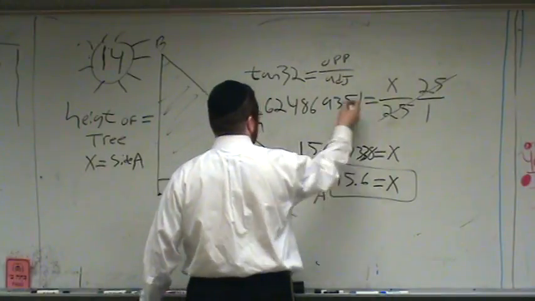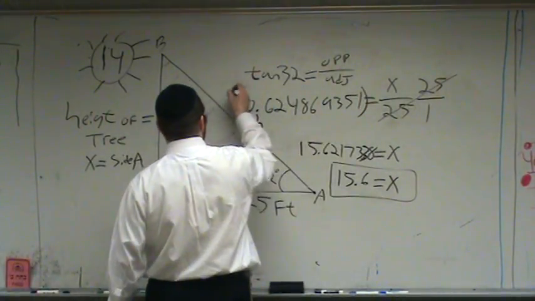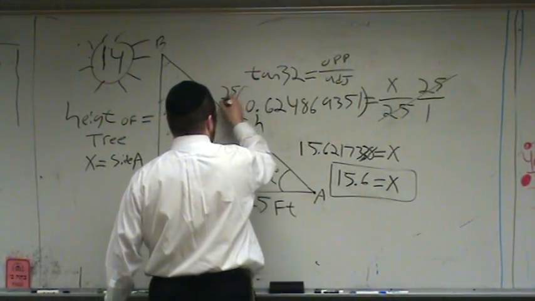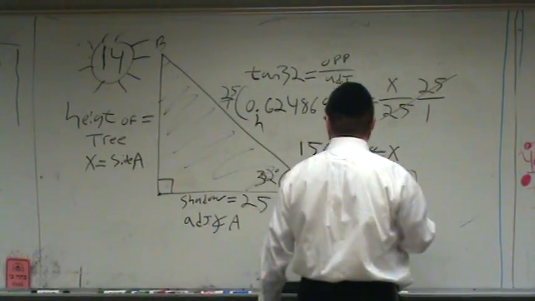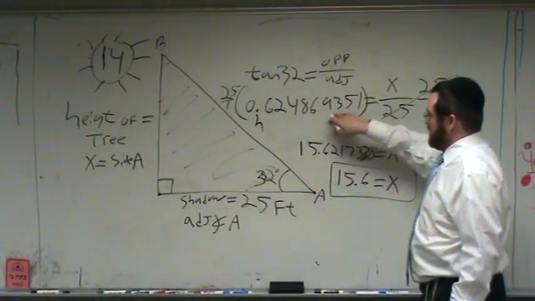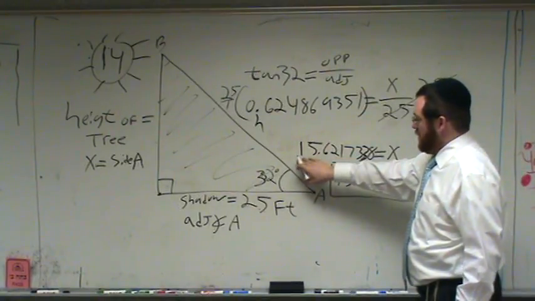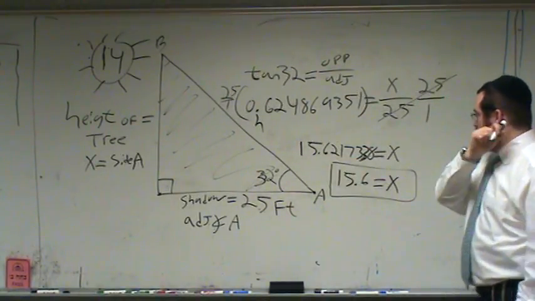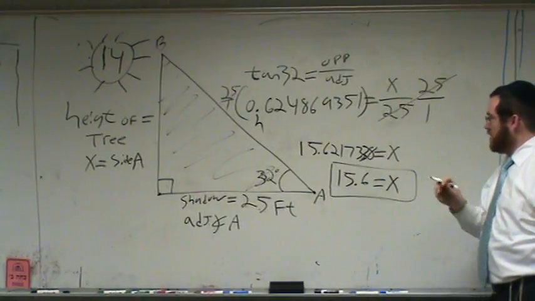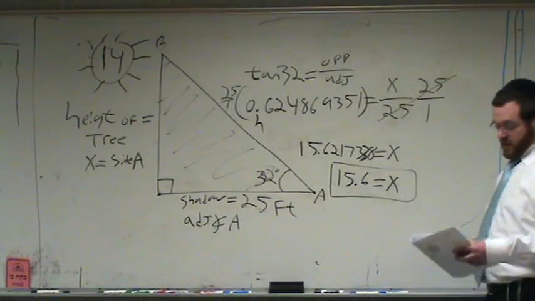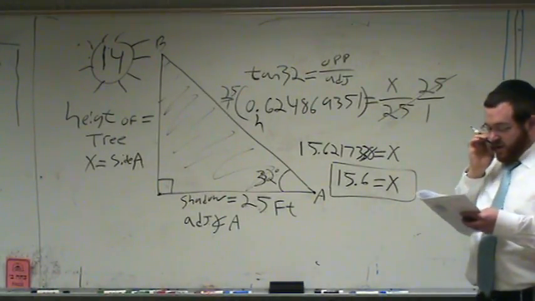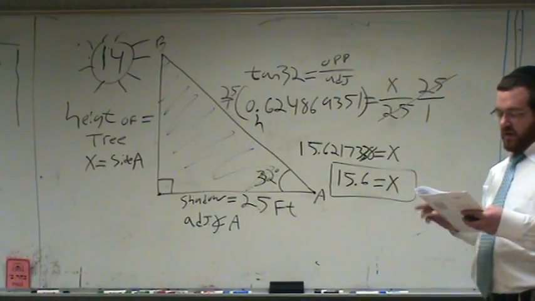And you have to do the same thing to the other side to keep the sides equal. So you also multiply this side by 25 over 1. And when you multiply this by 25, you get 15.6217338 equals x. Now, the question is, what is the height of the tree to the nearest tenth of a